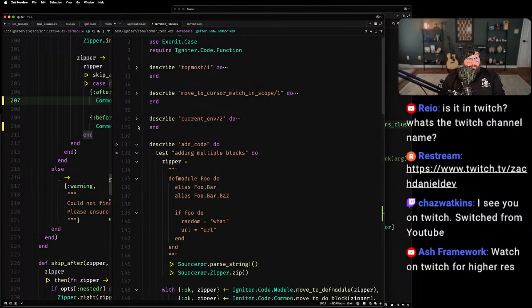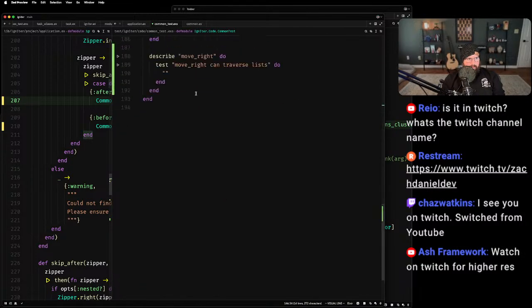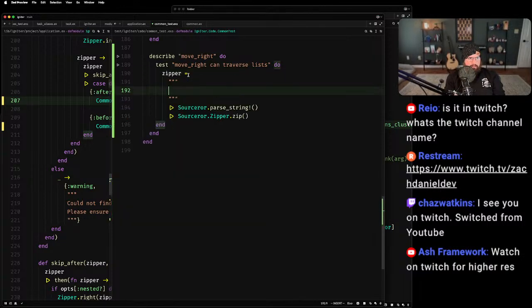So to double check how I've been testing these things, we make some code, parse the string, we zip, and then we start moving around. Yep, okay. So let's make a list. Module, tuple. Let's make something like this.